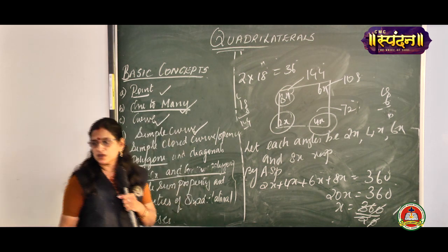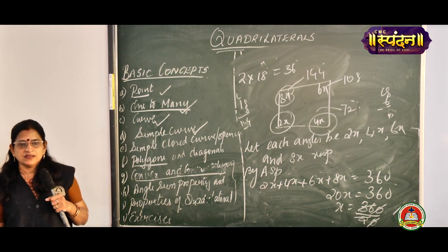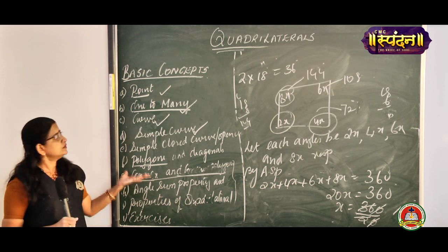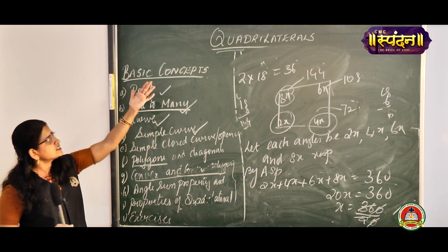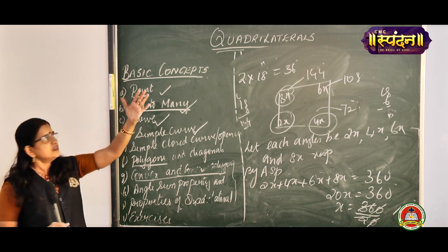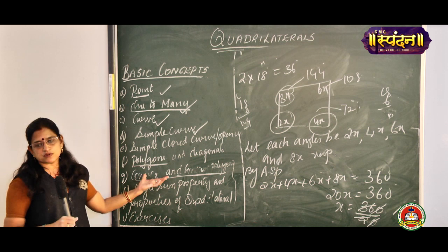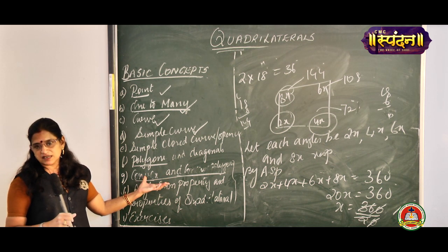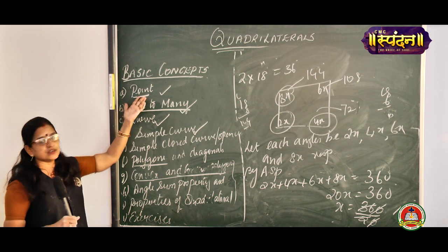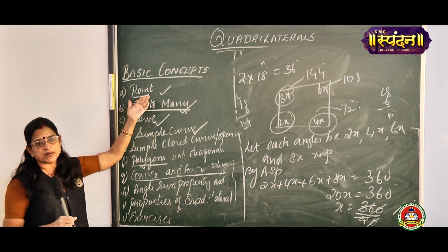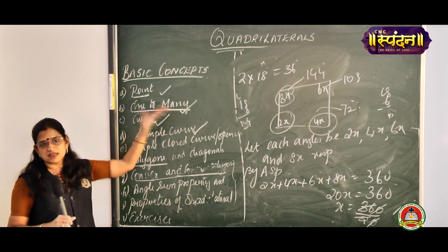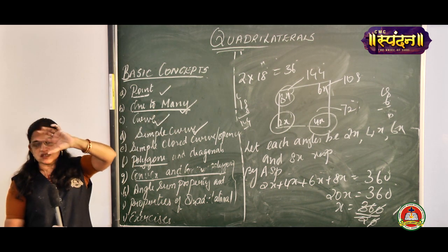Understood? Have you understood all the questions, all the topics whatever we have discussed today? So let me recap. First, quadrilateral. I said what do you mean by quadrilateral? Quad means 4, lateral means side. And we discussed the basic concepts whatever we have learnt in our earlier classes. First we discussed about point, which has no dimensions, no length, no breadth and no height. Next is the one to many concept. I said from line segment we reached circle.